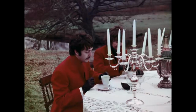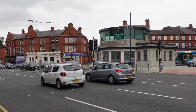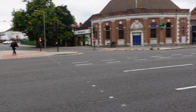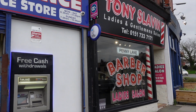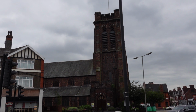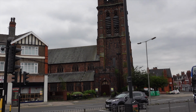Number 5 is Penny Lane. In Penny Lane you will see some places that are mentioned in the song, like for example the shelter in the middle of the roundabout, the bank and the barber shop. You will also find some other places that are not mentioned in the song, like for example St. Barnabas Church, where Paul McCartney used to sing in the choir as a kid, and where Paul McCartney's brother Michael